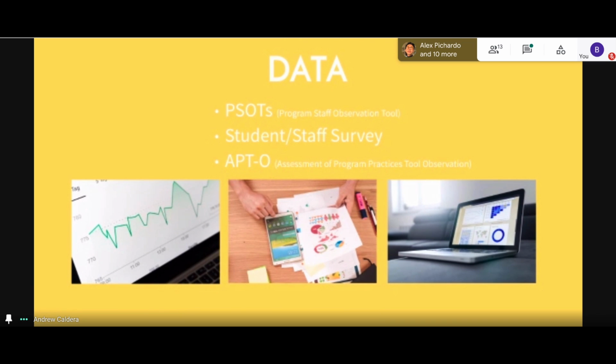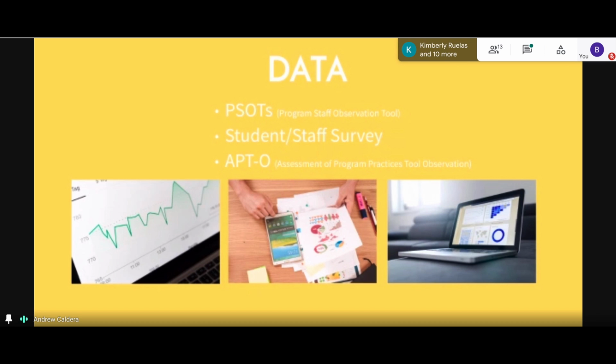The APTA, I know this question was asked earlier, we don't currently do due to distance learning, but prior to the pandemic, and hopefully after, once everything returns to normalcy, we'll be able to do the APTA once again. This is a tool that we use to get input on how our program's running from our stakeholders' point of view.